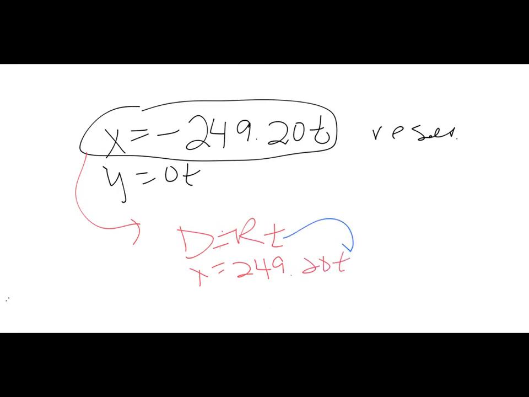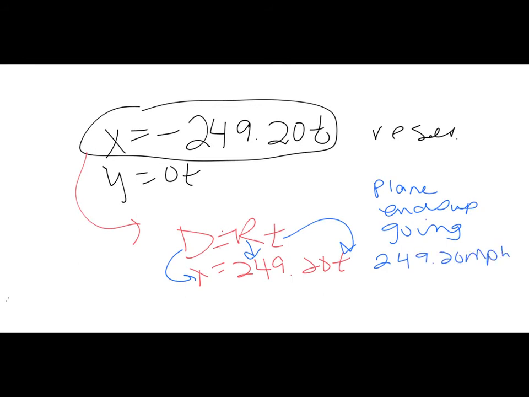So here's my t. X is my distance, R is my rate. So your plane ends up going 249.20 miles per hour as a result